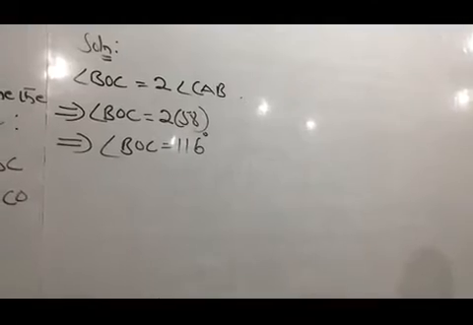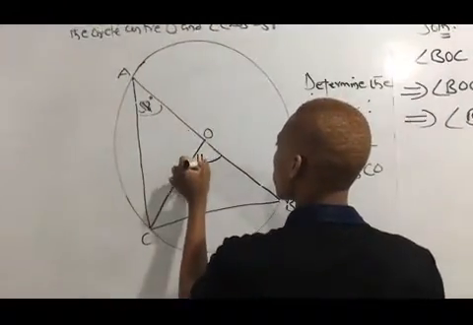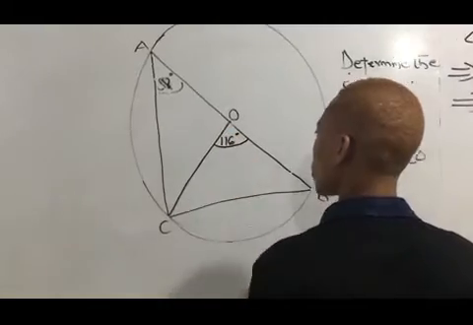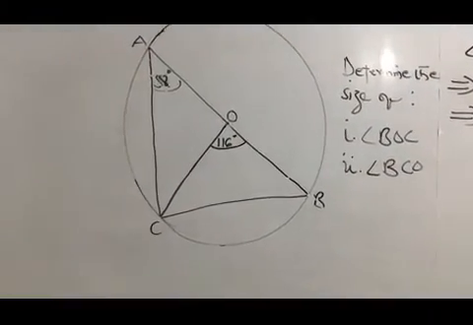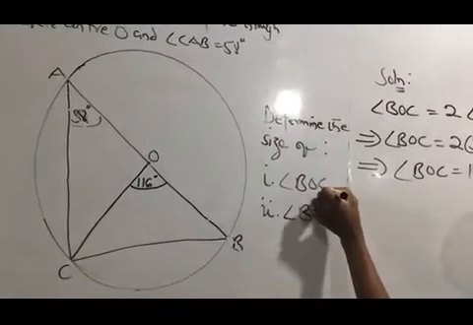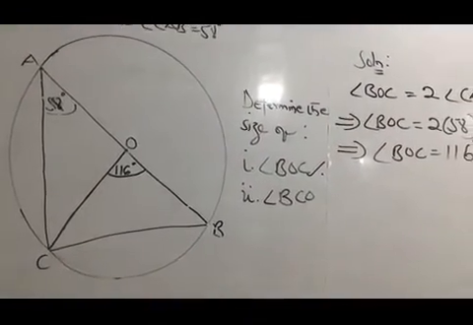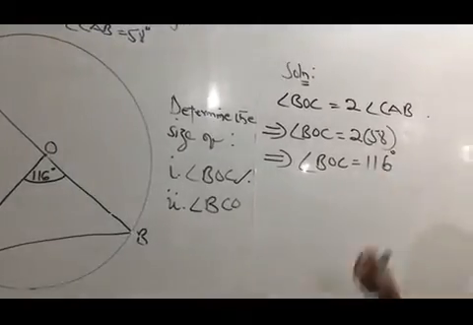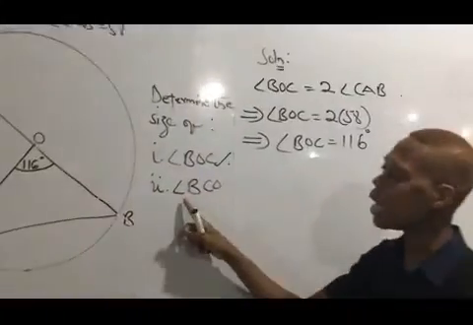116 degrees. So this angle here is 116. And that was the first thing they asked us to find. That is the first part of the question. Find BOC. So this one, we've been able to find the angle BOC. That is 116 degrees. Now the next question says that find angle